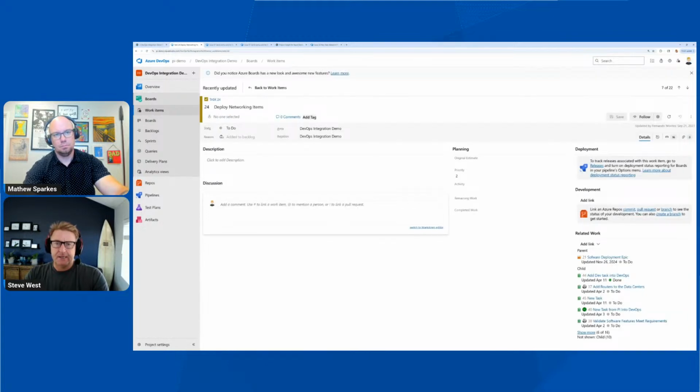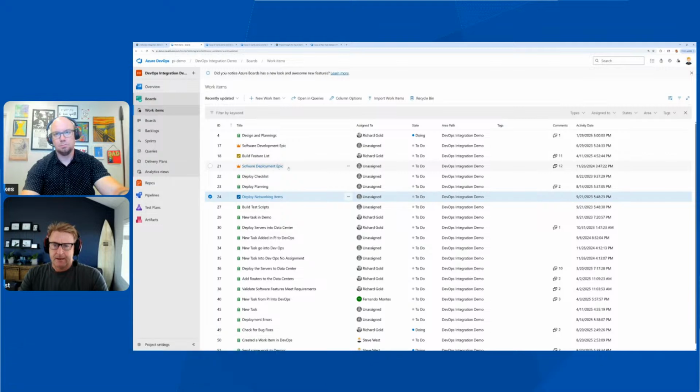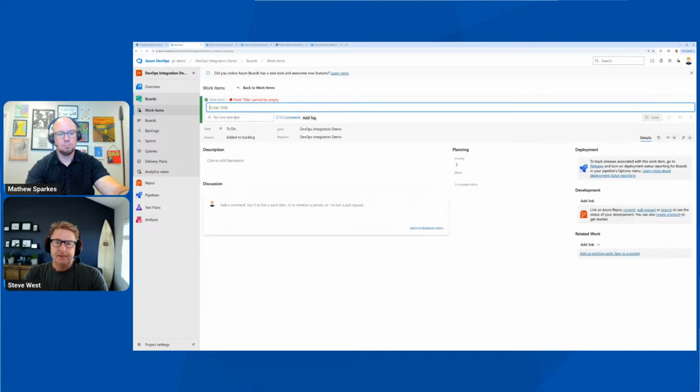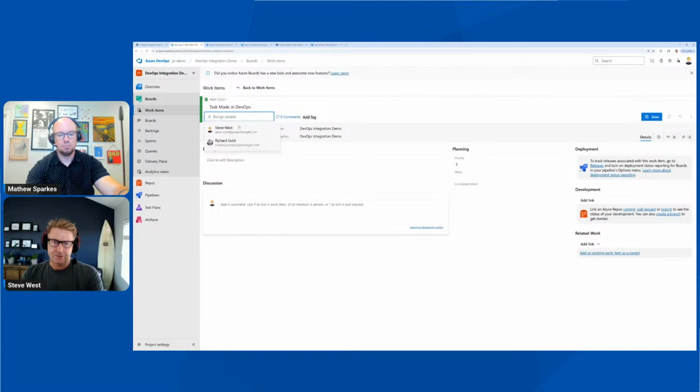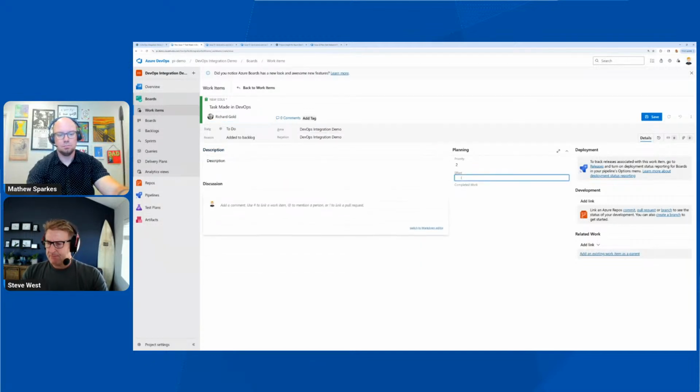So I'm going to create a new work item. Let's say a new issue, and this is a task made in DevOps. Again, we'll assign it to Richard, add a description, and give it some effort. And now if I save it,